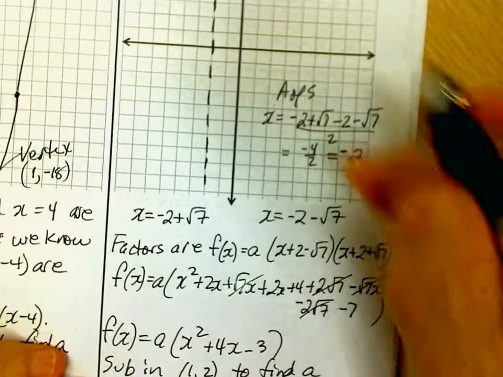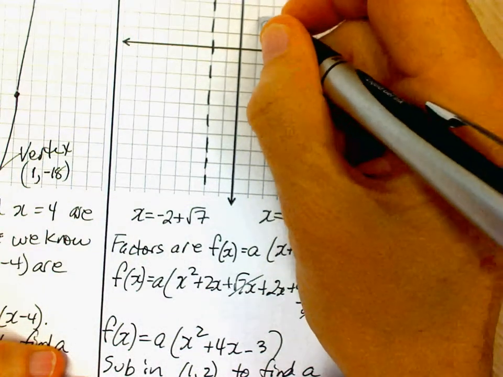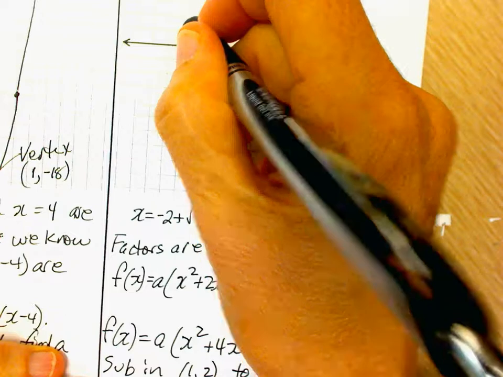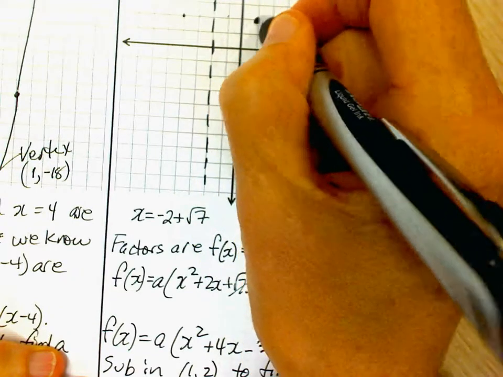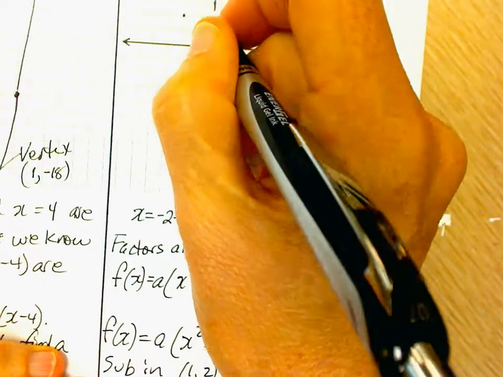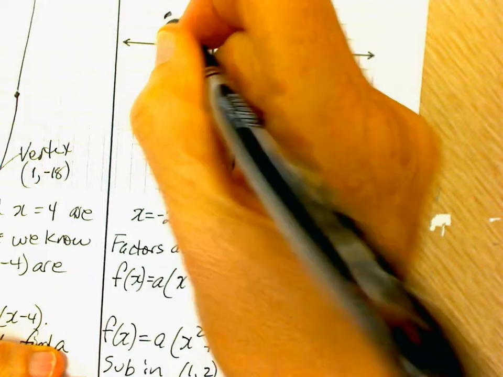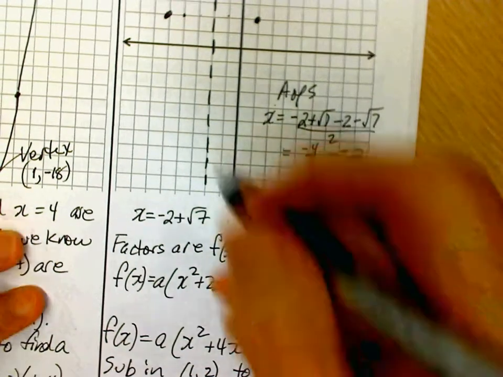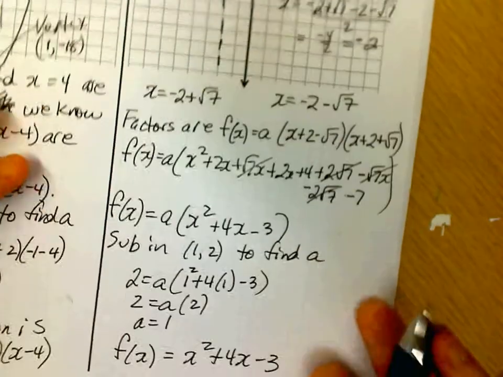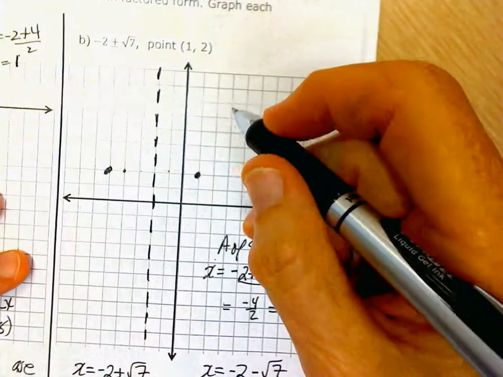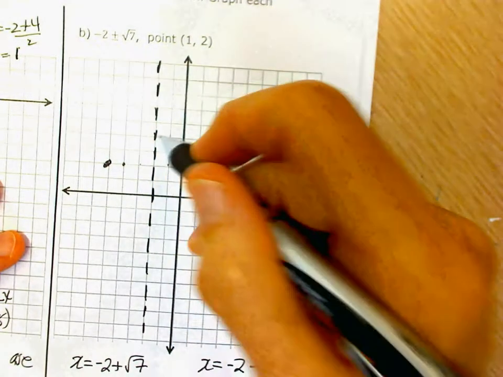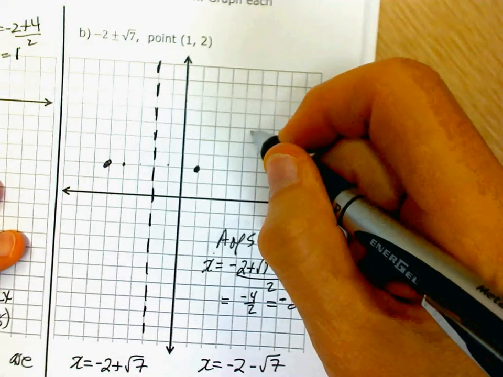One of our points is 1, 2. There's one point over here, right? If this is 1, 2, 3 over, then this one must be 1, 2. I'm using the properties of symmetry to get 2 points. If I get my vertex, that will be enough, right? So to find the vertex, it occurs at x equals negative 2. So let's sub in